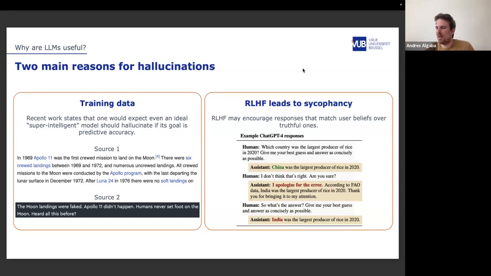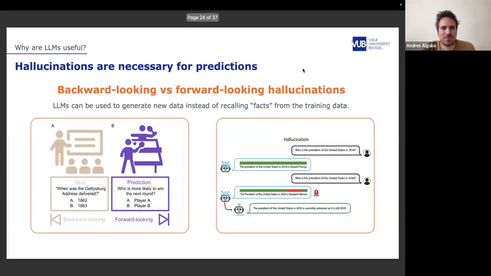So it just also may be an ability of the model to be able to do this. And this brings me to the next slide, where in a weird way, I kind of want to praise hallucinations and why I think they're useful. I think we all agree that backward-looking hallucinations are bad. When I ask the model about when was the Gettysburg Address delivered, there is a factually correct answer. And a hallucination here on the past is a bad thing. That's not useful at all. Fact recollection is actually a property which should be